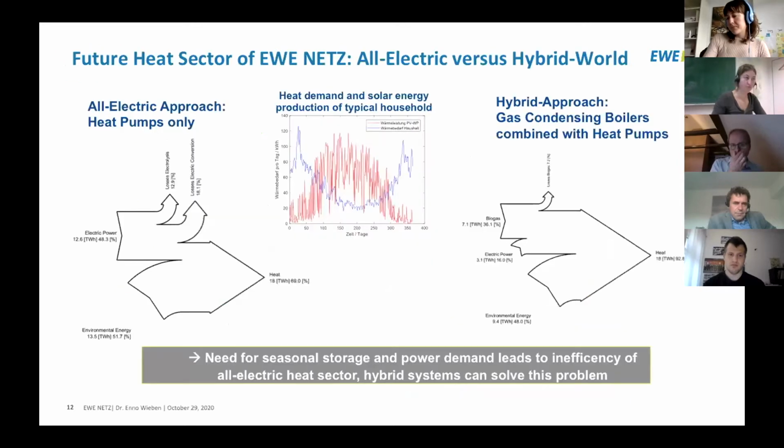And one question is, for example, will the heat sector be completely electrified, or will there be hybrid approaches in the heat sector? And we are very sure that we will not see an all-electric world. We are sure that there will be some kind of sector coupling where in the heat sector, for example, hybrid systems in existing buildings will dominate, where gas condensing boilers will be combined with heat pumps,